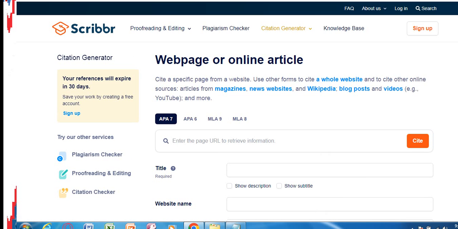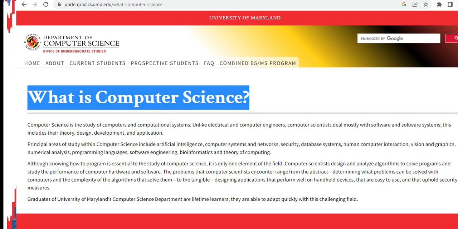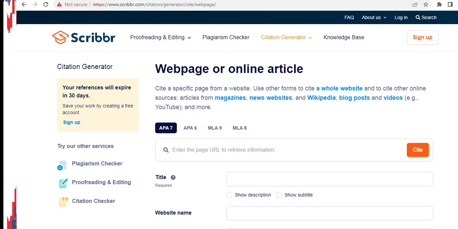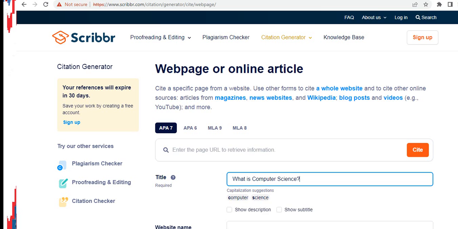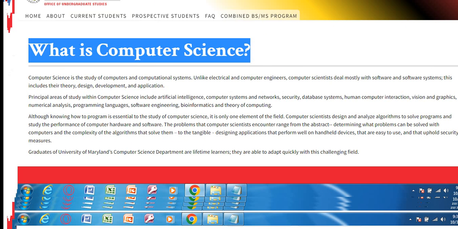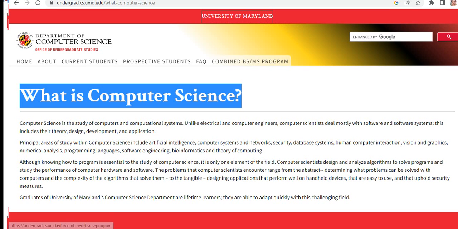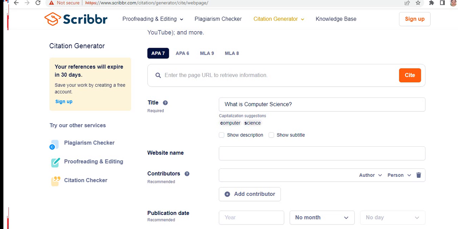So the title is, we will go here, what is computer science? What you can do is copy. We go back here, website name, University of Maryland. Okay,